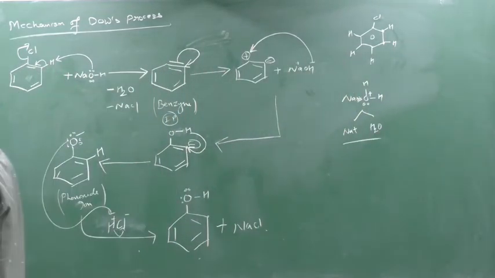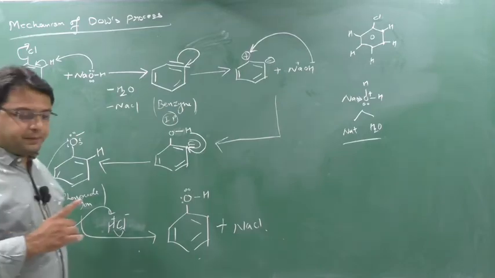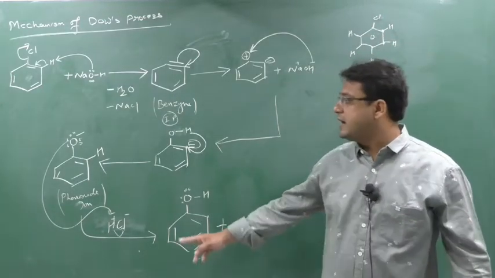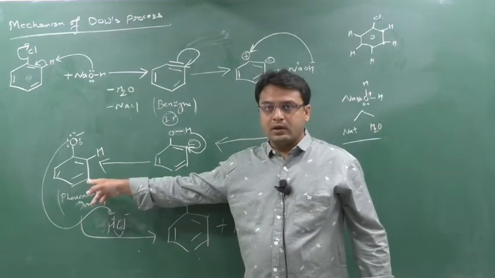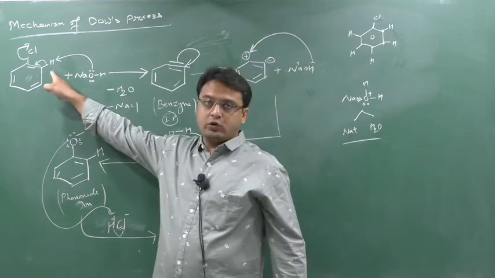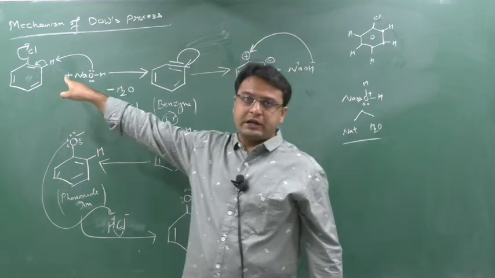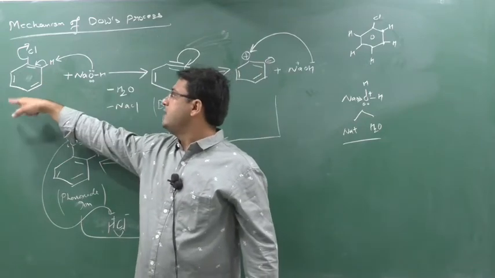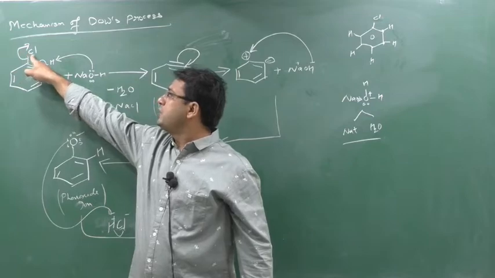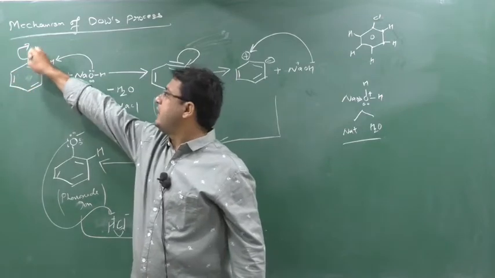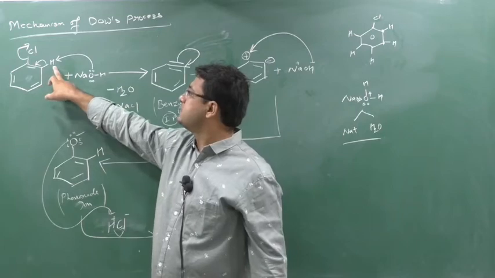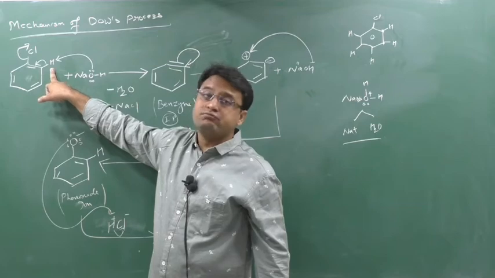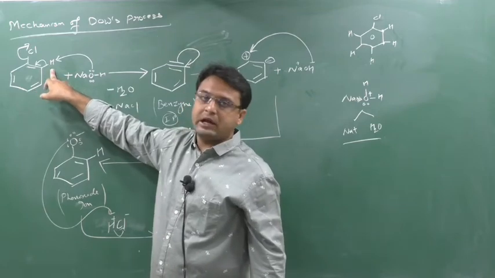You have to understand. That's why I am telling you that you cannot prepare phenol directly from chlorobenzene. In the first step, phenoxide ion will be generated. And who is helping us to do the reaction? This ortho hydrogen. Why is this ortho hydrogen helping us? There is hydrogen on the meta and para also, but chlorine is a more electronegative element, so it will attract the electron. So the removal of H becomes easy from ortho rather than meta and para. So ortho hydrogen is more acidic. That's why this hydrogen can be removed easily.